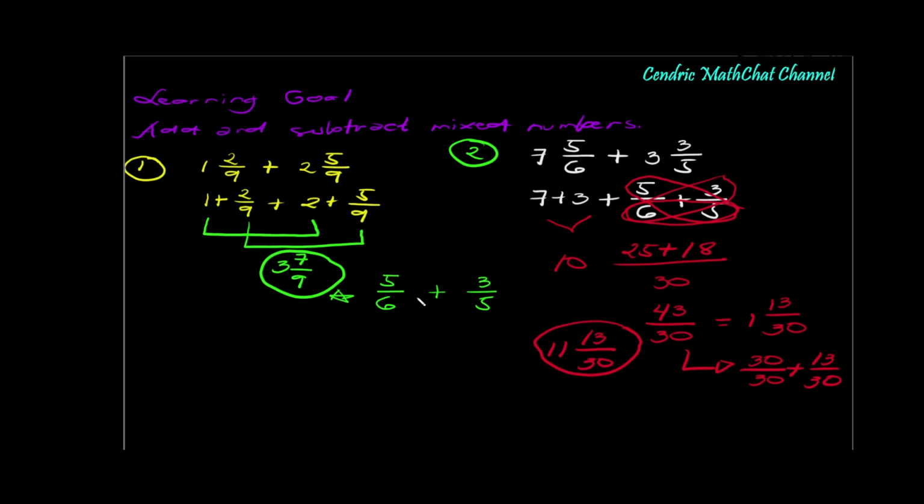And if I rename 5 sixths by multiplying it by 1 in the form of 5 fifths. Same thing with 3 fifths. Rename this by multiplying it by 6 sixths. So I get 25 all over 30 plus 18 all over 30, which would still be